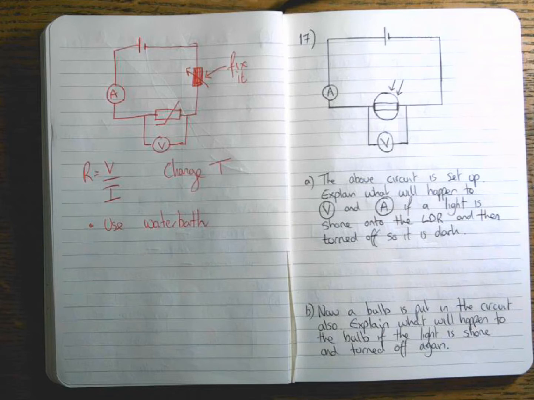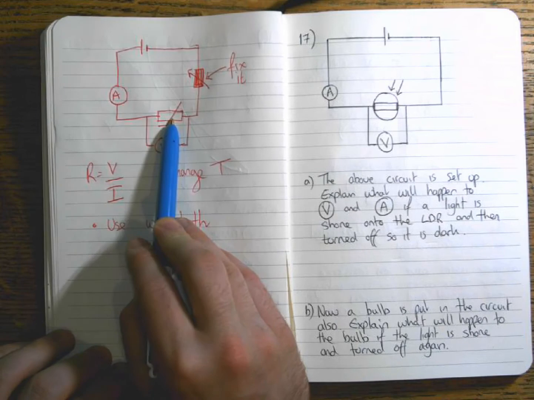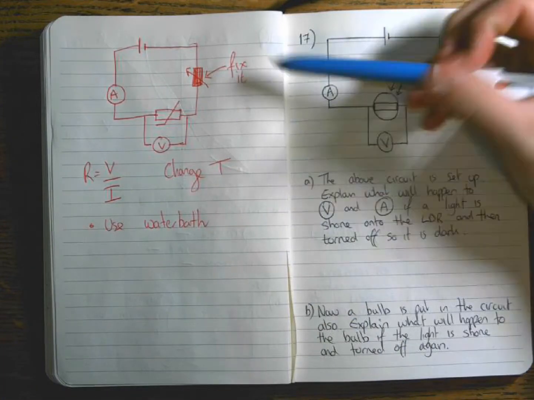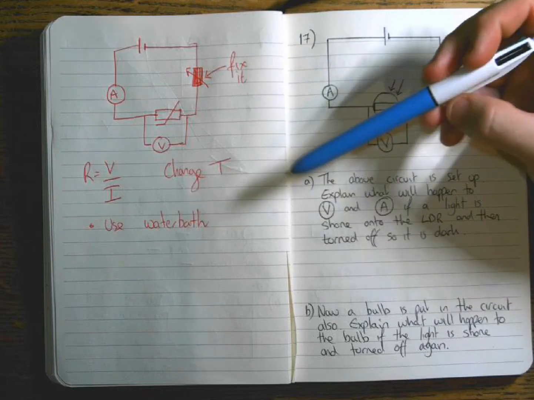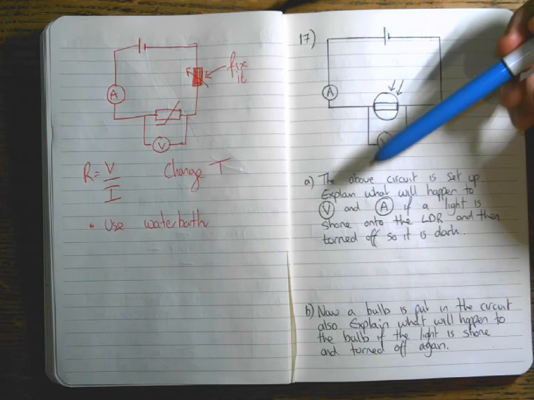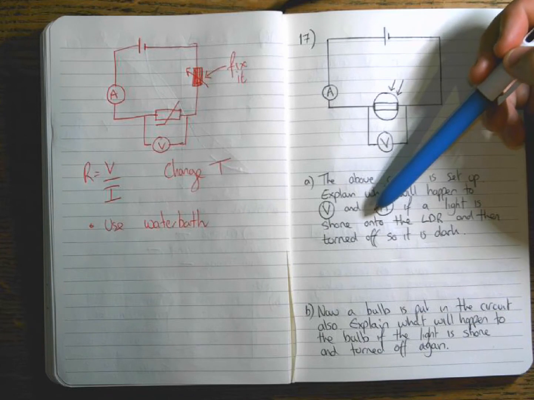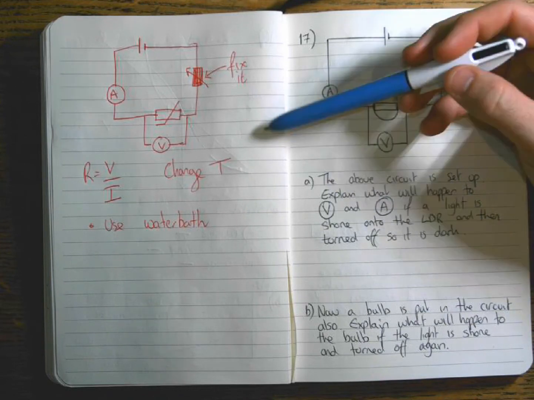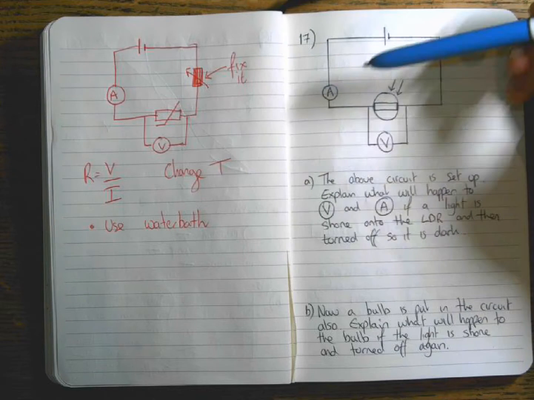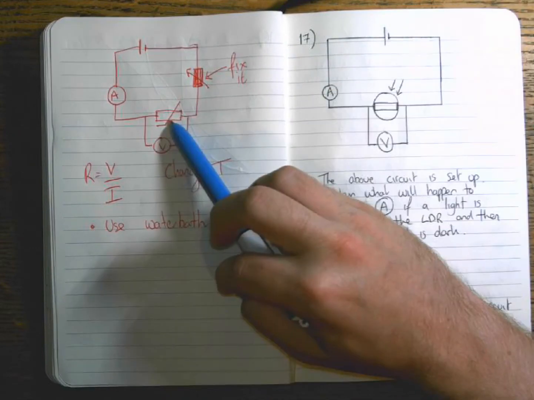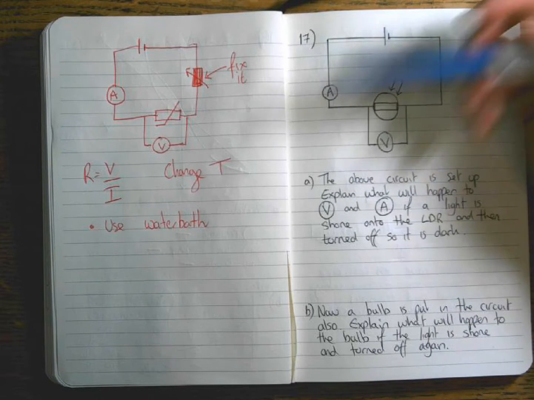A water bath allows you to change the temperature of water, and so what you could do is set it at 10 degrees, put the thermistor in the water. You might be thinking electricity and water don't mix, but at these voltages it's not dangerous, and obviously we're not going to be in the water ourselves either. As long as we use the right cables and the right type of thermistor, then there shouldn't be any problems with the circuit. We should be able to put the thermistor into water without there being any